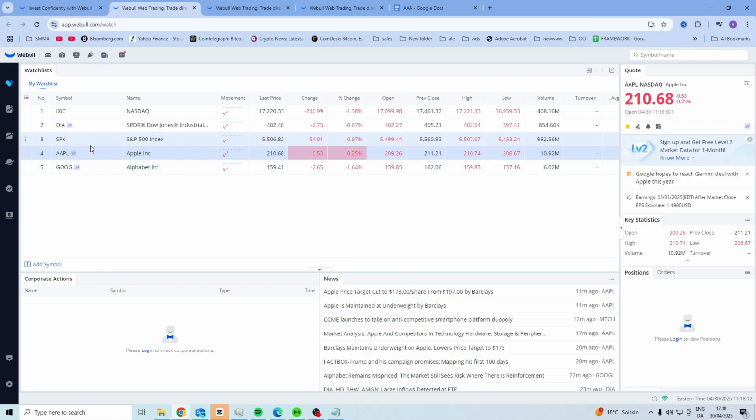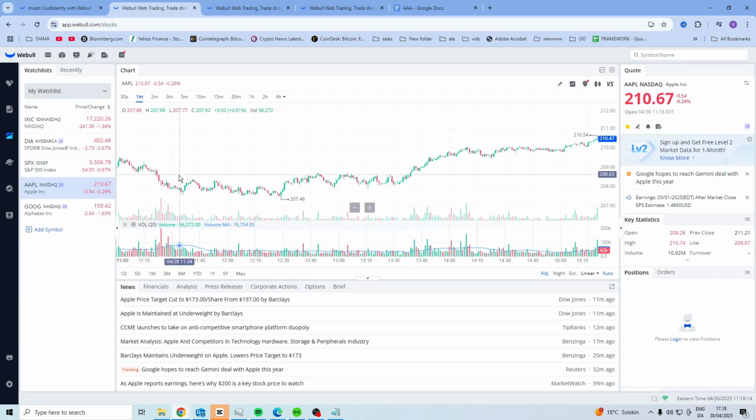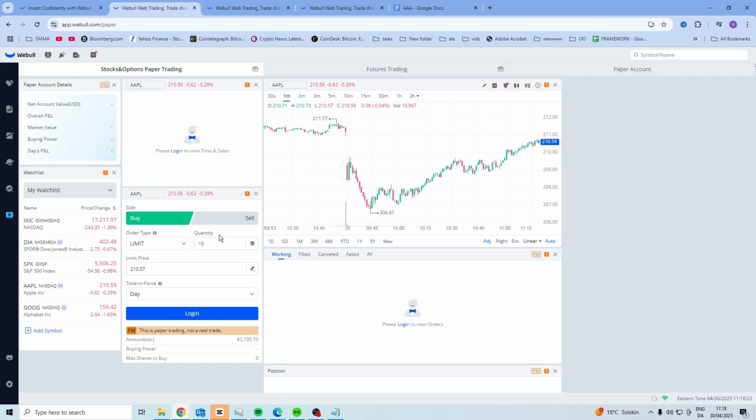But let's just say that you have bought Apple and you want to sell this one. Then what you want to do is you can click on it and you will be able to sell it down here. So let me just go into a paper trading account to show you how it's going to look like. Now it's going to look like this, and as you can see, I'm on the Apple stock